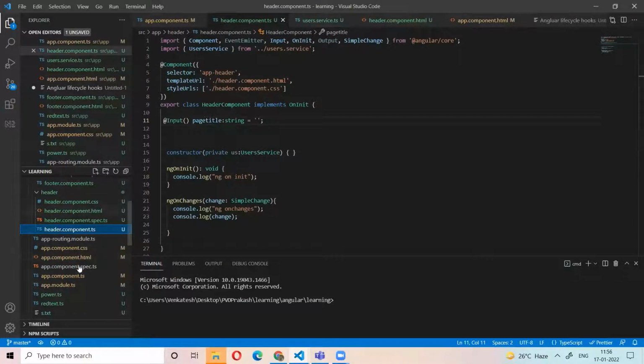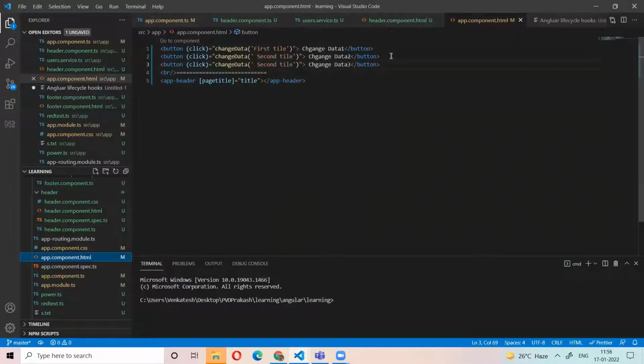Now I have two buttons. First I am passing the first item. When I click this button, ngOnChanges will be called. And again, if you click the second button, I'm passing different data and changing the data, so again ngOnChanges will be called. And the third time I'm passing the same data. So will ngOnChanges be called again or not?